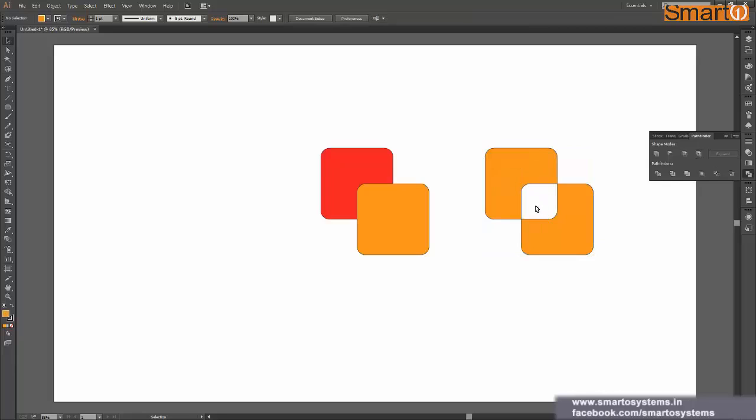So yeah, exclude is just the opposite of intersect, so it removes the part which is common between two shapes. Now let's press Shift M this time, and I'm going to press Alt first and then click on the center part, and just release it after that. Okay, so yeah, we have performed the exclude operation as well. Just click on the center part while pressing Alt and release your mouse click so that you can perform an exclude operation using the Shape Builder tool.